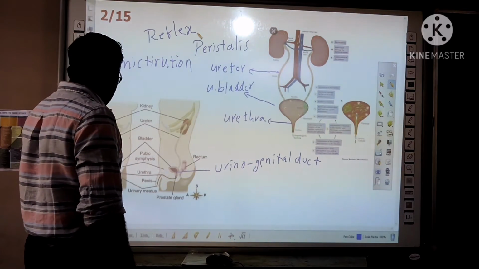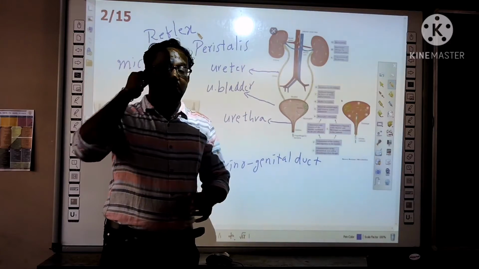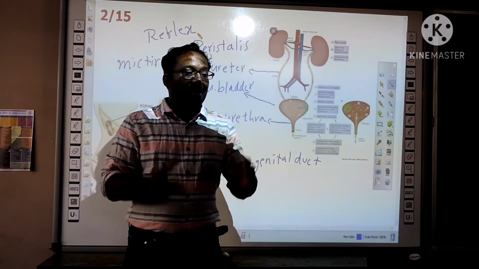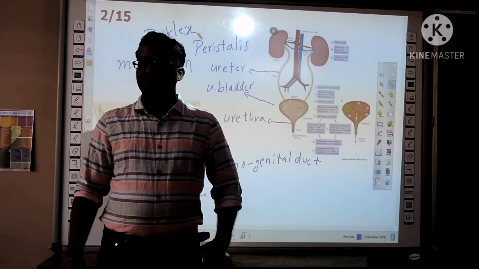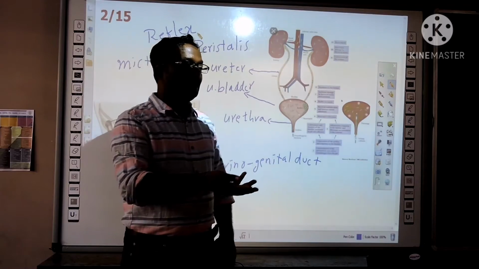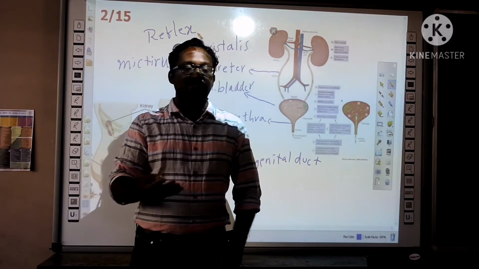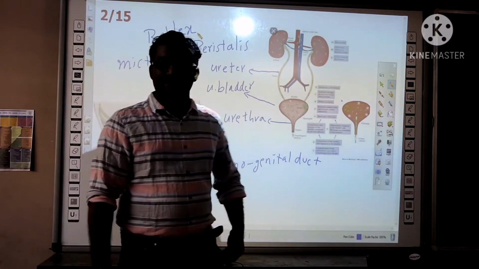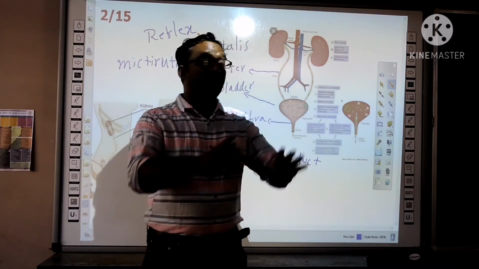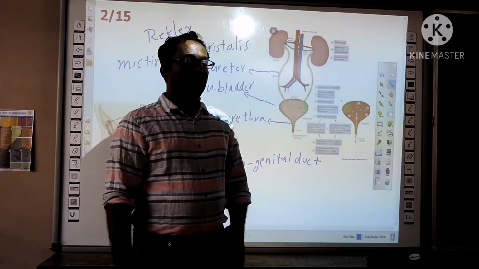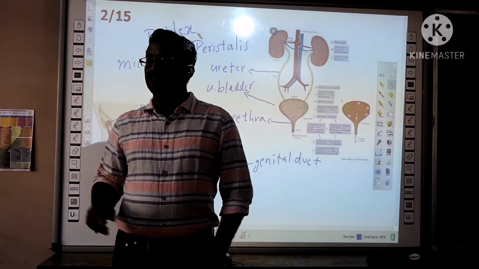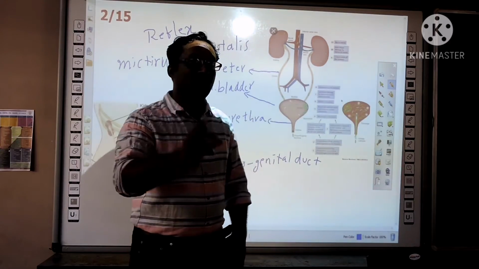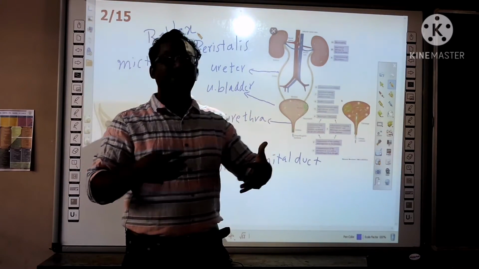So till now you have learned about the role of kidneys in the filtration of blood. So what happens if the kidneys fail? You might have seen kidney failure patients in our surroundings, right? There are several reasons for kidney failure. Mostly high blood pressure. If a person has high blood pressure for a long time, it damages the kidneys. That means it damages the glomerulus. The glomerulus loses the ability of filtration.